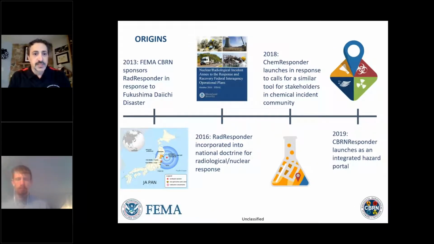Thanks. So again, this slide is just a little recap of where we've been. 2013 Fukushima, that was the impetus for the RAD-responder tool. The RAD-responder tool was developed and released, was out there being used and trained on, so on and so forth. And then in 2016, which was a significant event for the RAD-responder tool, it was incorporated into the national level document or doctrine, the NUC-RAD incident annex of the FIOP. So it's codified in there as the national standard for use in collecting and sharing data during a significant NUC-RAD